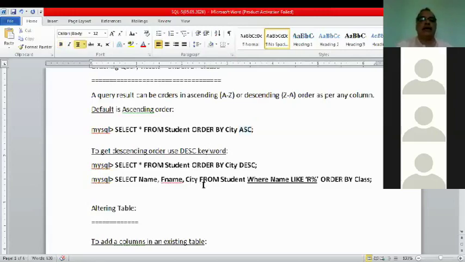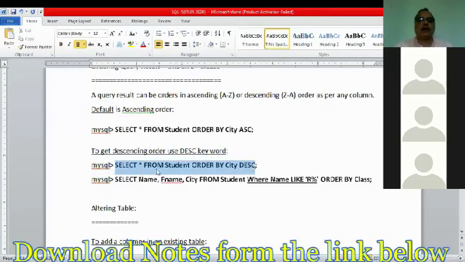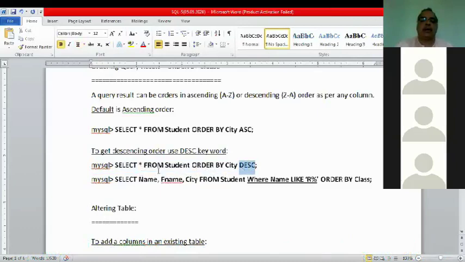Similarly, in descending order, select all from student order by city descending. This is an example. So all the records on the basis of values of city will be rearranged in descending order.